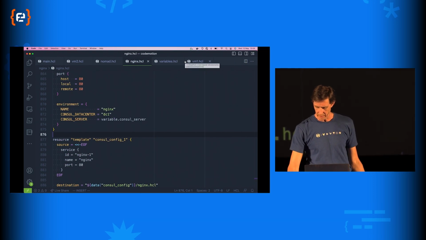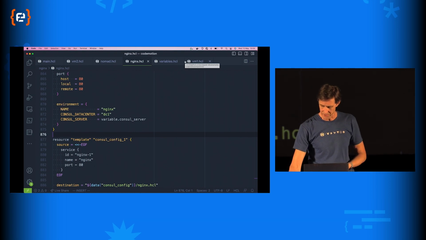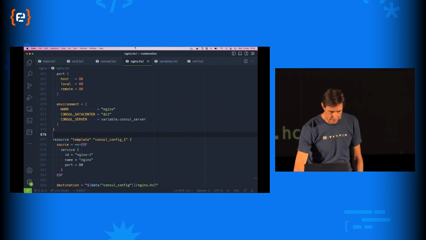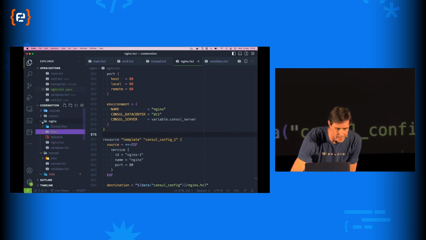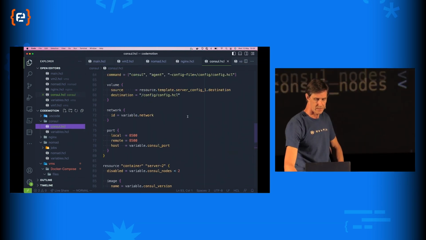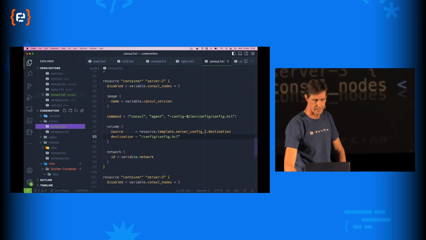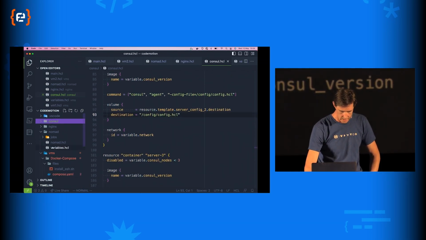And well, I need a Consul instance. So what I've done is I've created a module, and I don't want to get into that because it's literally exactly the same setup as I've shown you. I'm creating containers and networks, and I'm configuring it, but I've got this little module here which allows me to run Consul.